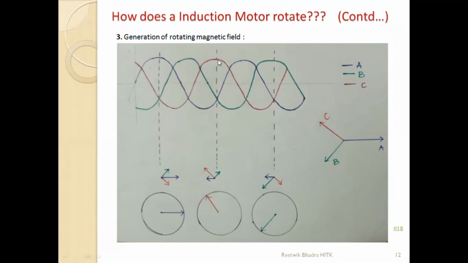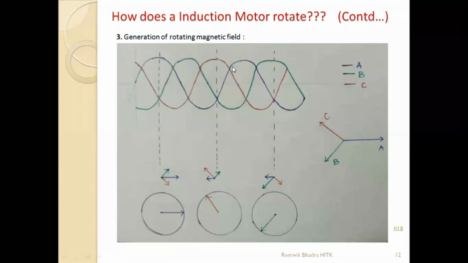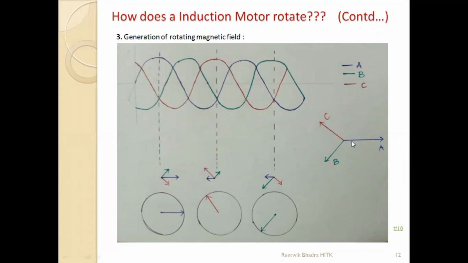Next, at this point of study, which is the peak? Red. Red means which? C phasor. Peak positive, positive C. So C is in this direction only. Now, at the same point, blue and green, that is A and B, are negative. If I shift green in the opposite direction, it will go to the top, half of the magnitude of this red line. Blue in the opposite direction will go in this direction. Again, the resultant will go along this red line, which is of maximum magnitude, along the C phasor.